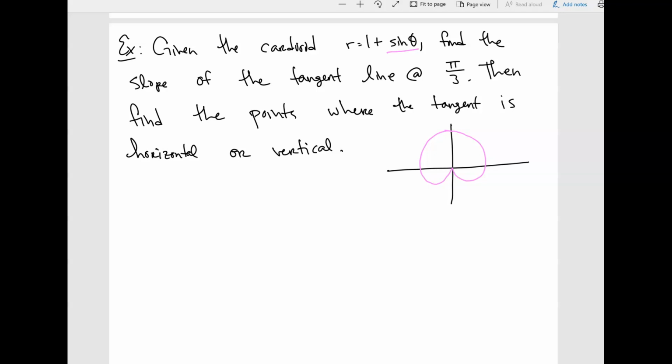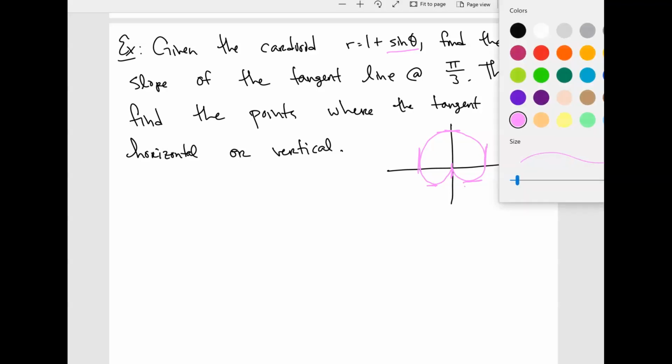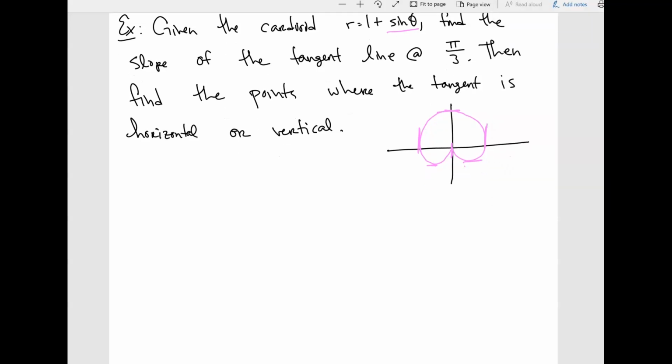So you want to find where exactly all of the vertical and horizontal tangents are going to be. Basically problems that look like this, like this, like this, all of these guys. So you want to find all those different points. Graphing it doesn't really tell you, it kind of gives you an idea of where it's at, but actually doing the problem is what might